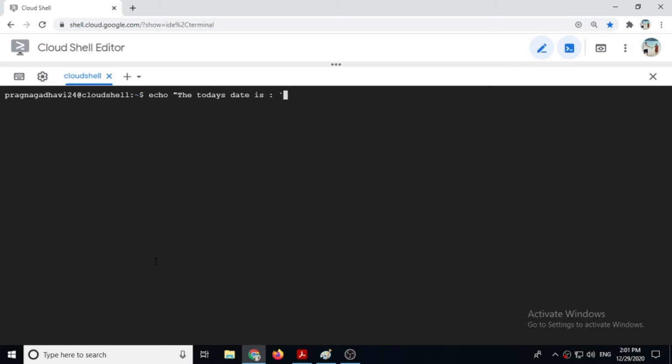This sign is known as backtick. It is available below the escape key on the keyboard. Directly when you press it, it will show you the backtick sign. Backtick, date space plus %d, backtick complete, and then double quotes complete. Then it will give you the output: the today's date is 29. So this way, if you want to execute a command inside a sentence, then you can use echo, but the command you have to write inside backticks.